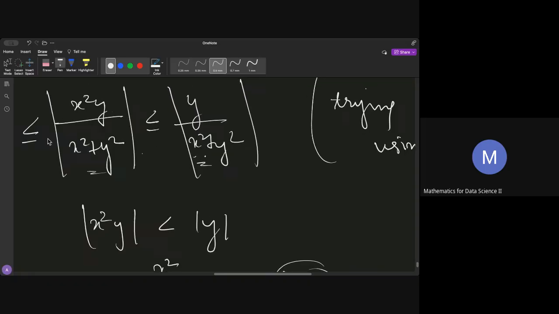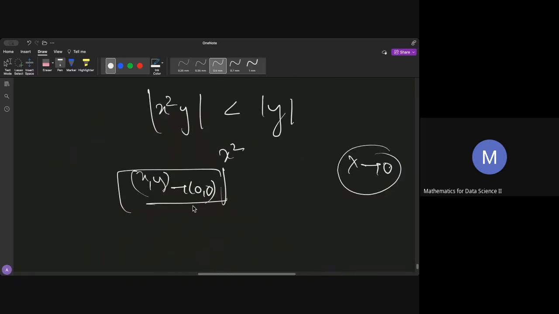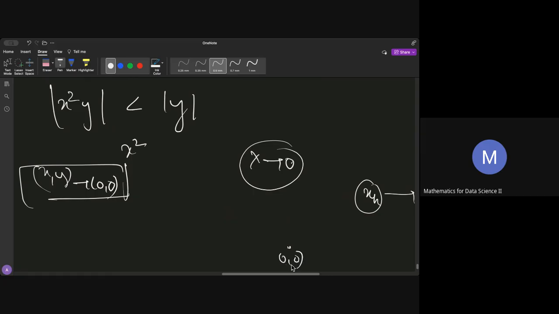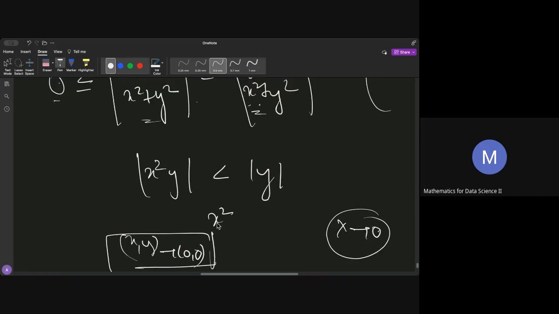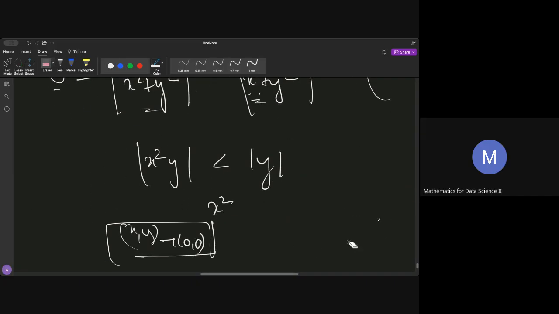We are considering this expression under the criteria that my x, y is coming close to 0. So I'm only interested in the neighborhood of 0. What's happening around 0, 0. I'm not interested anywhere else. When I'm sufficiently close to 0, 0, when I come very close to this point 0, 0, what happens there is what I'm interested in, right? I don't want to know what's happening elsewhere. So when my x, y is very close to 0, 0,